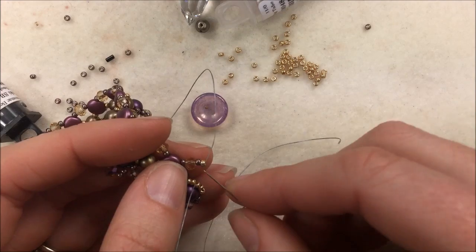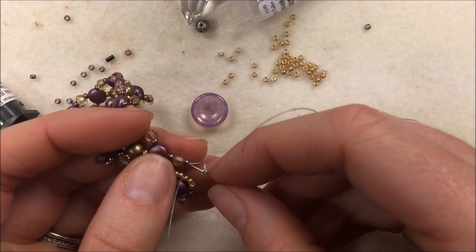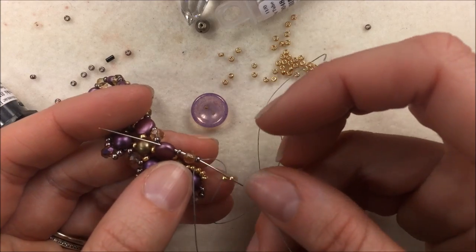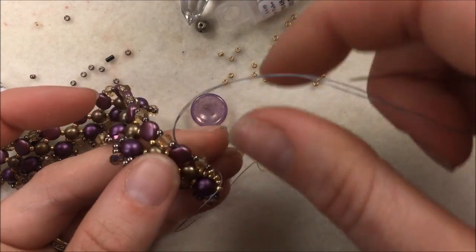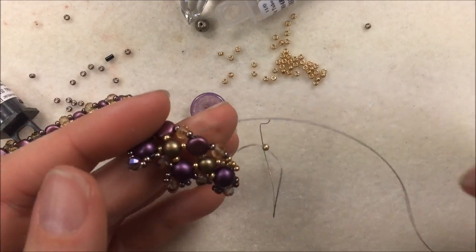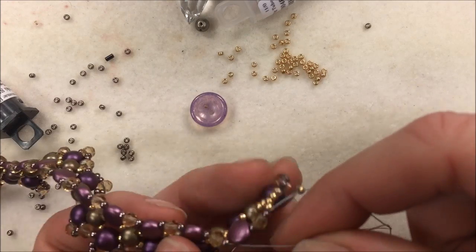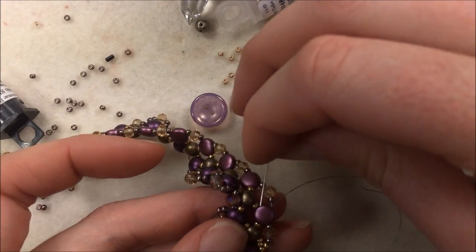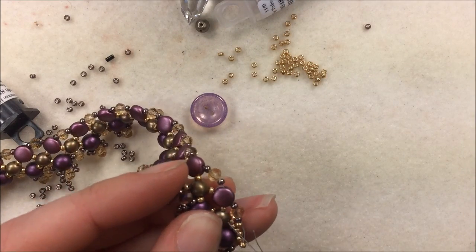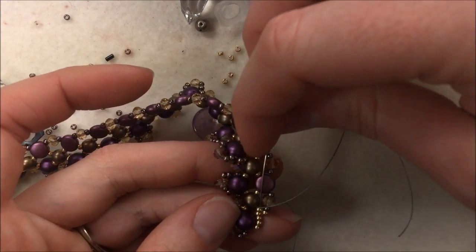Next, I'm going to add another bead. Pull that stop bead out of the way a little bit and sew through the seed bead, the seed bead, the crystal, and the seed bead there at the top. And you can see that kind of pulls that whole end in there together. And I'm going to let my button come out over here on the side. To get back to that side, I'm going to go down the DiscDuo and come out through the RounDuo rather, and come out that line of seed beads that I created,